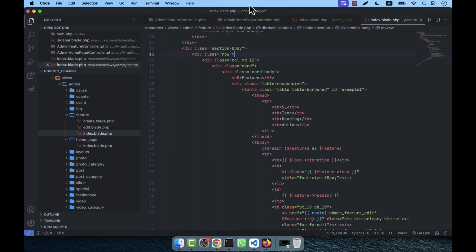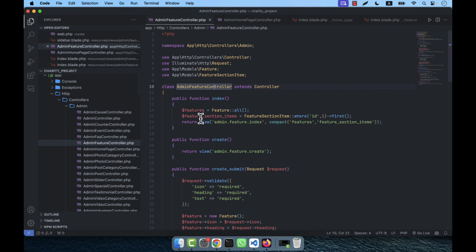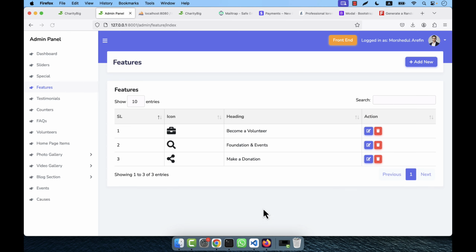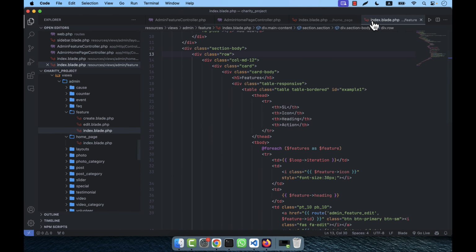Okay, so the problem is now into the admin feature controller, these section items are not needed anymore. So here I am going to delete this one. Okay, so now if I refresh, the problem is fixed. So into the feature only there are features. Okay, so here I am going there,